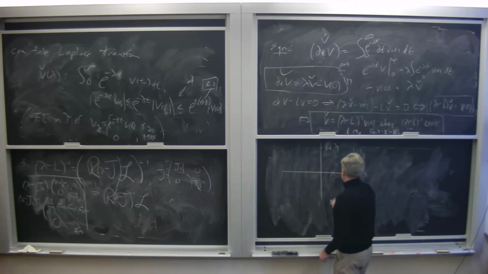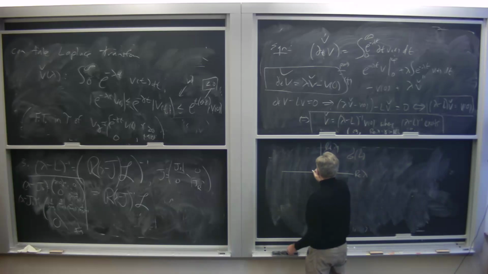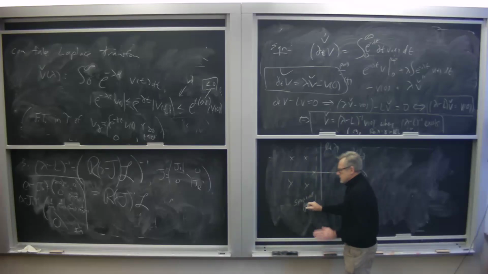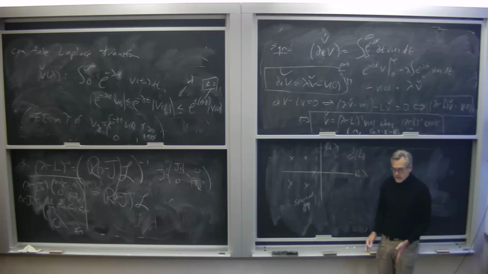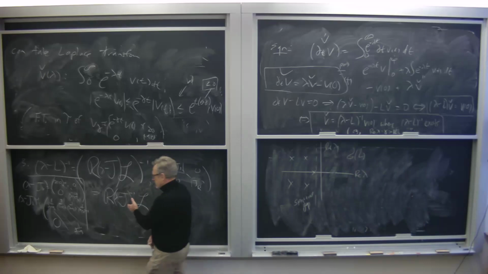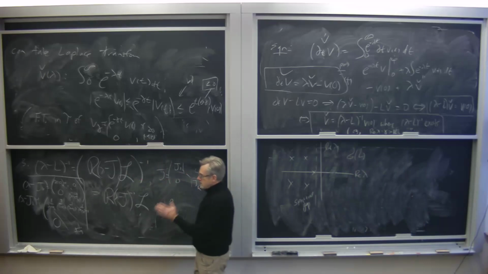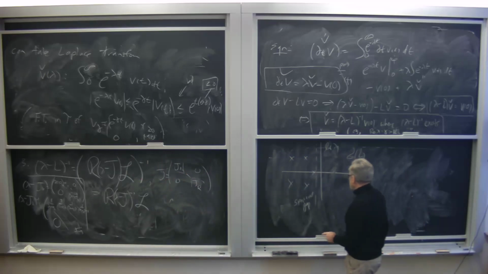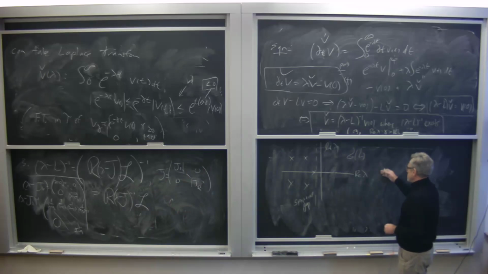So suppose the spectra is all to the left of the imaginary axis. So we're in the good situation of a spectral gap, where previously, by explicit calculation on the Jordan form, we showed it was exponentially decaying. We'll get exponential decay here in a different way. So we use